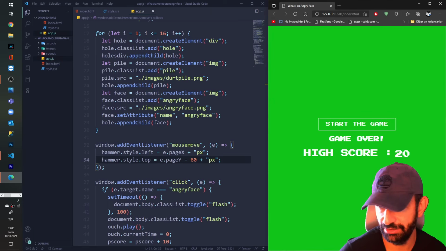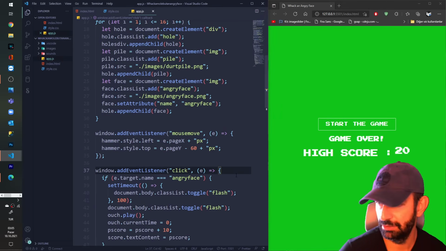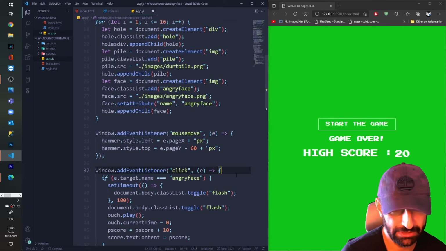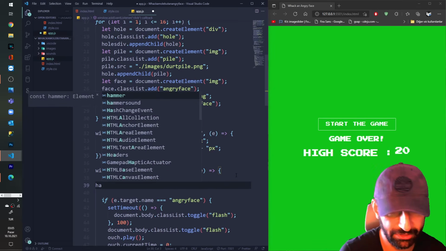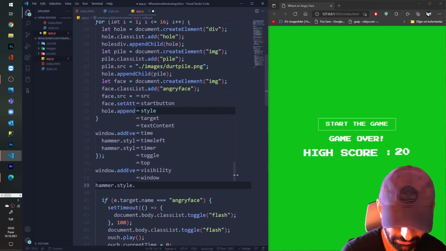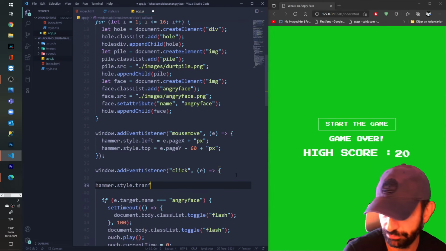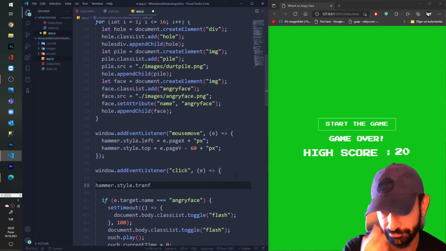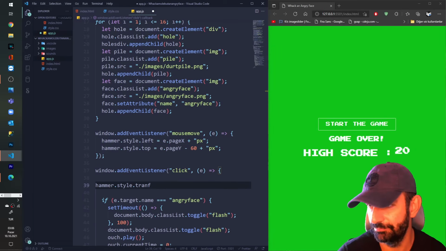And play the hammer sound. I'm going to my window.addEventListener click. I'm coming above everything, and I say hammer.style.transform rotate Y. Didn't I give any rotation to my hammer?